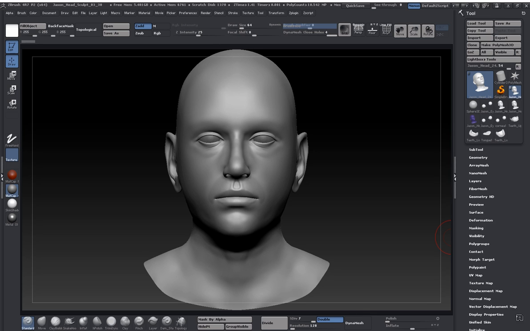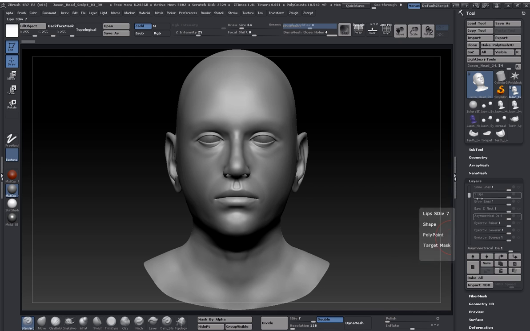And so what you see here in front of us is basically where we left off before. We had engaged with the asymmetrical detail before. I believe I've got that turned off here. Yep. And so as we move our way through our model, as we try to export out these blend shapes,